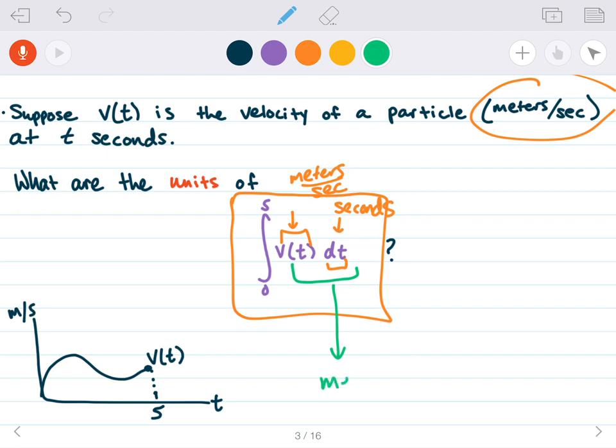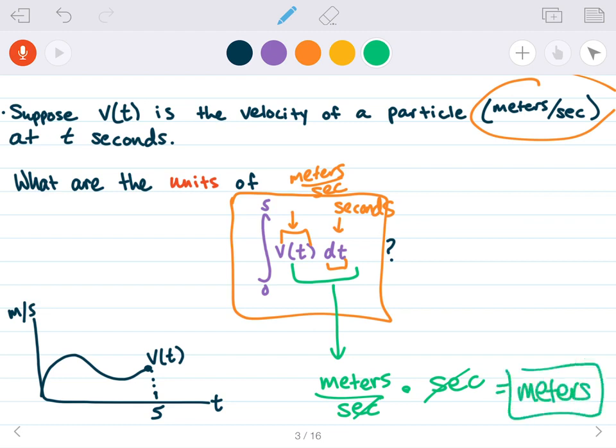If we multiply these out, we have meters per second times seconds. And of course, these seconds are going to divide each other out, and so we're left with meters. That's the unit of this integral. And that makes sense, right? Because